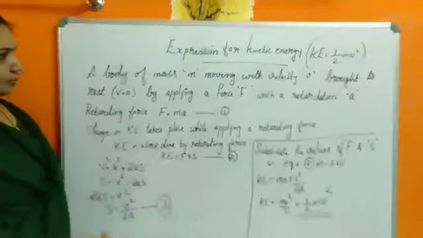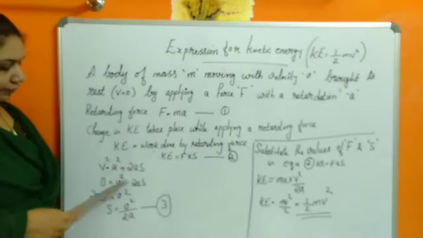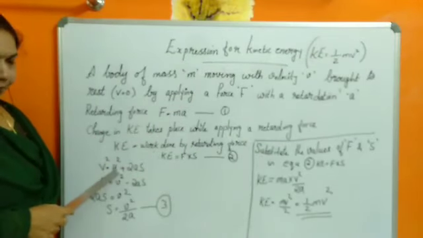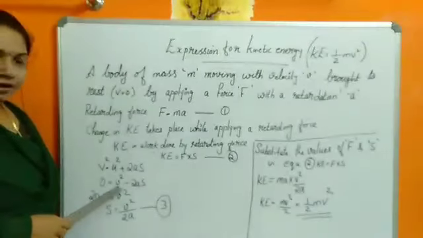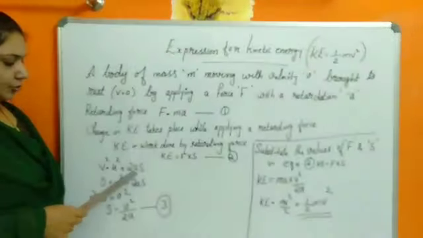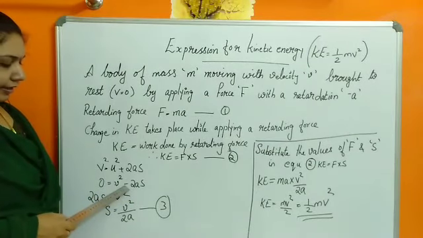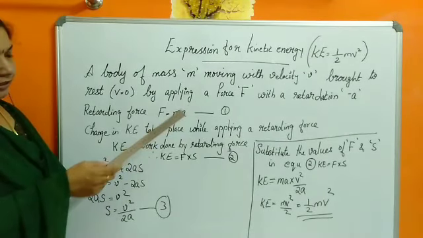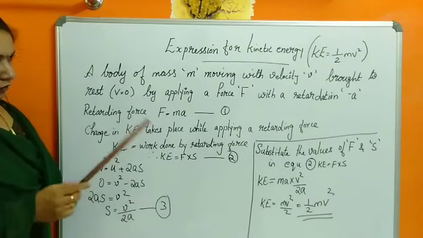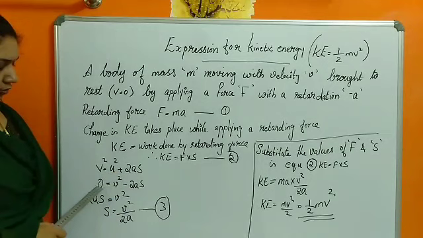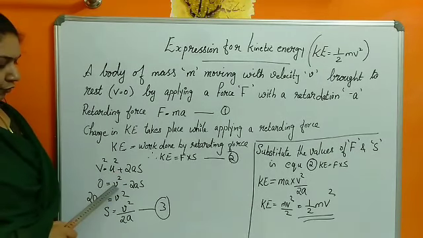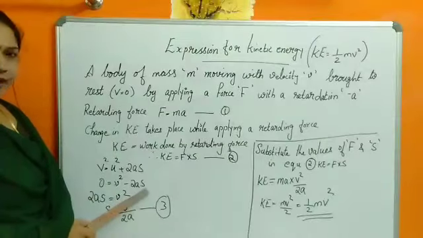Then the car is moving with a velocity small letter v, so instead of u, our initial velocity, I write v square, plus 2as. Why I wrote negative here is, I told you it is a retarding force. So instead of acceleration, I should write negative a. So the equation changes to 0 is equal to v square minus 2as.